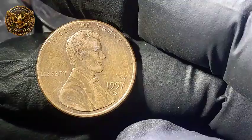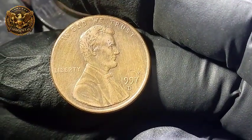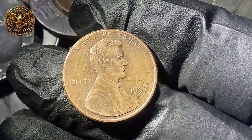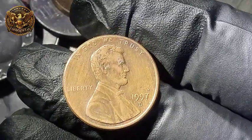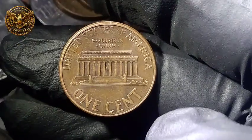And fourth, the reverse die had a massive retained strike, meaning a previously struck coin somehow remained stuck to the die, causing subsequent coins to receive a weird, shadowy double image of the entire memorial design offset dramatically from the proper position. Now you might be wondering, how is it even possible for 4 major errors to occur on a